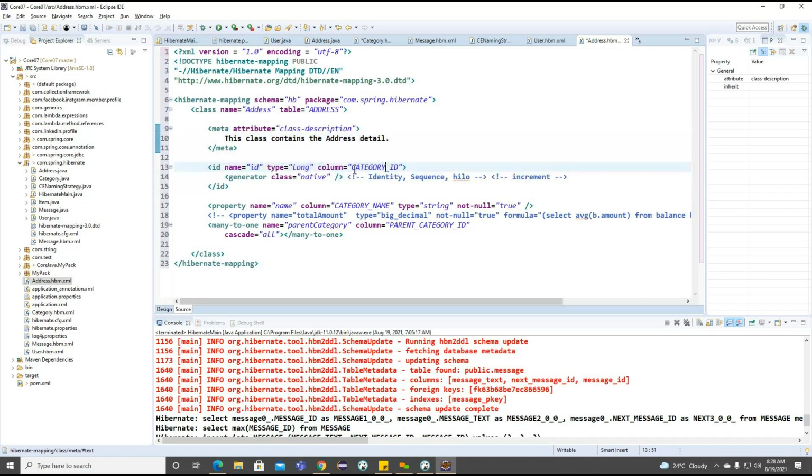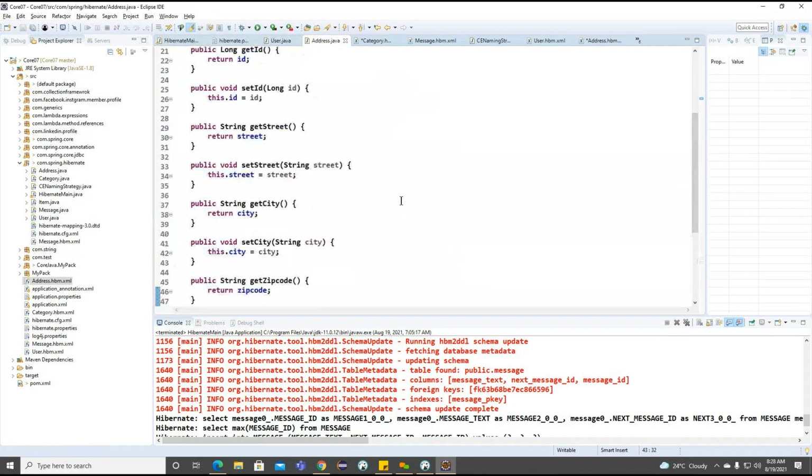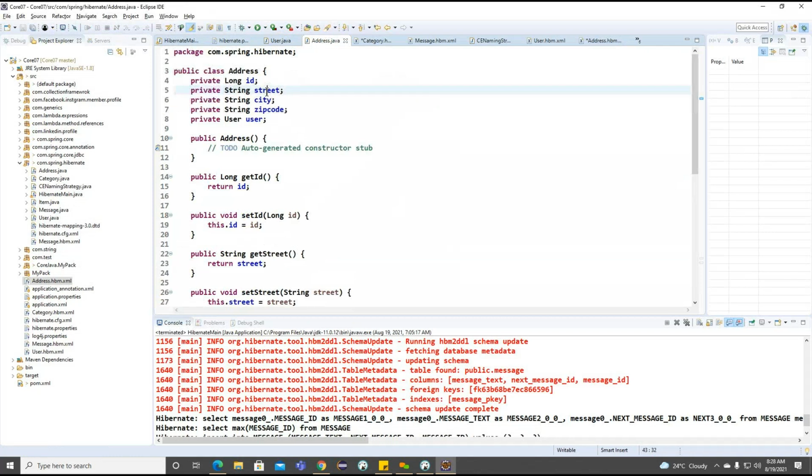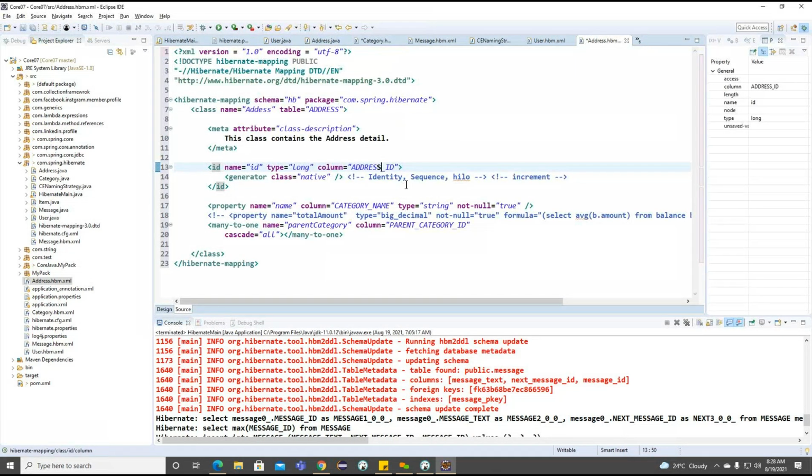and ID we have, address ID, street here.